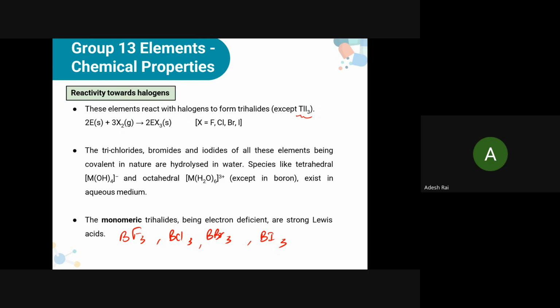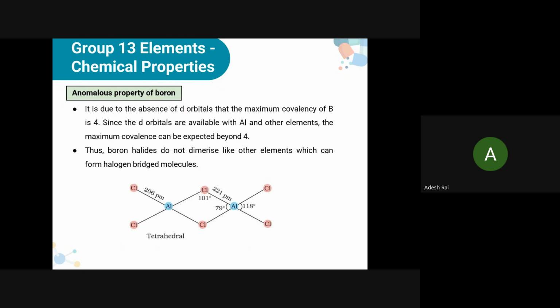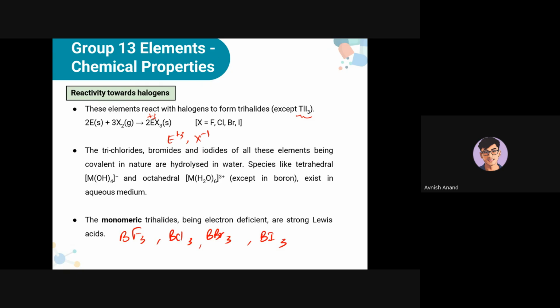Whatever trihalides are formed, this is except for TlI3, because in this trihalide, E is in plus 1 oxidation state, whereas in the others E is in plus 3 and X is minus 1. So be careful about it. Anomalous property of boron. It is due to the absence of d orbital that the maximum